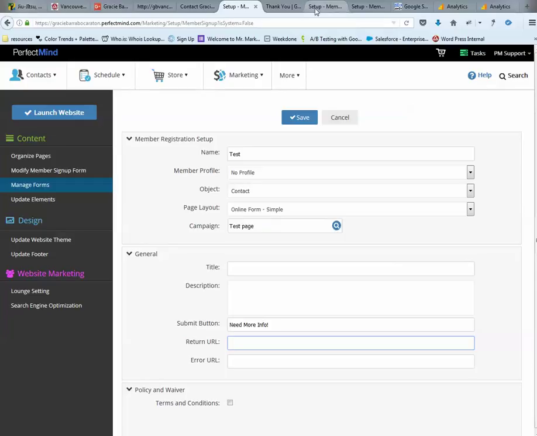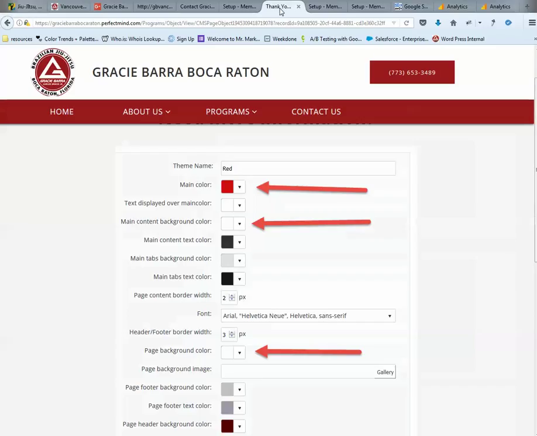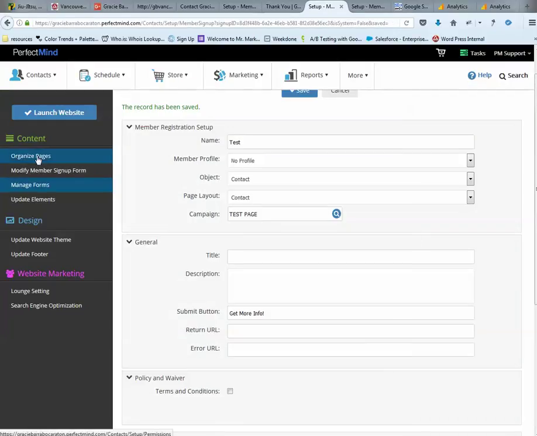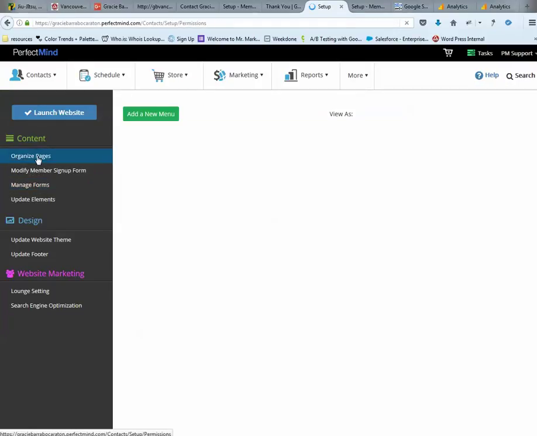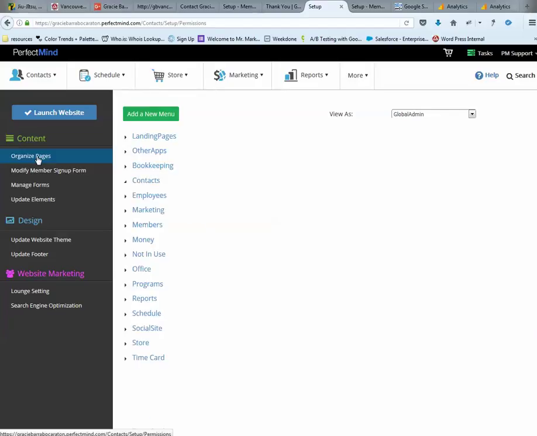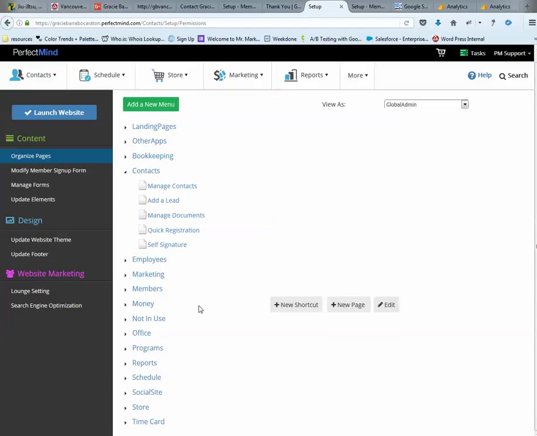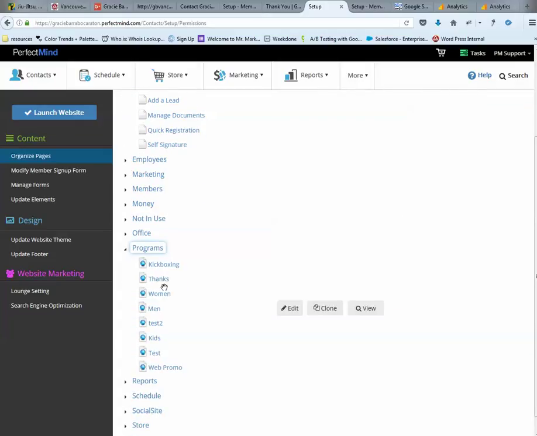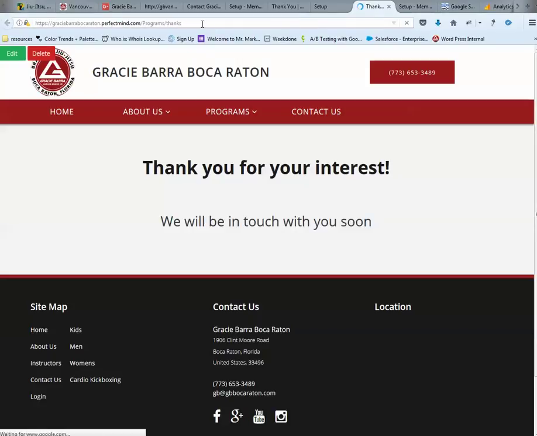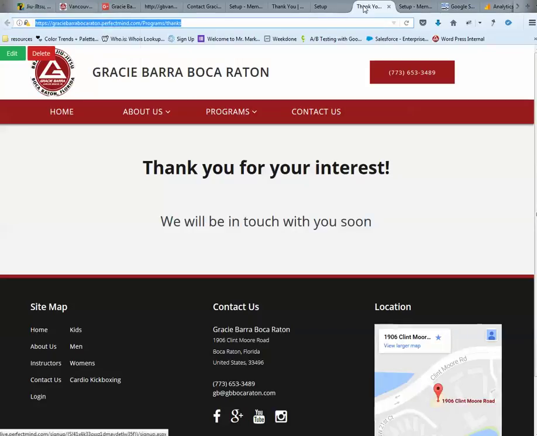So you would just input your information here, for example. And let me just show you what I am talking about here. So for example, let me go into my organized pages. Now this is in social site, of course. So if you have a third-party website, your navigation is going to be a little different, but you want to go into your pages, and I'm going to find my thank you page, which is this guy. So I'm going to basically view my thank you page so I can pull the appropriate link. So this is my link to my thank you page, so I'm going to go ahead and copy that,